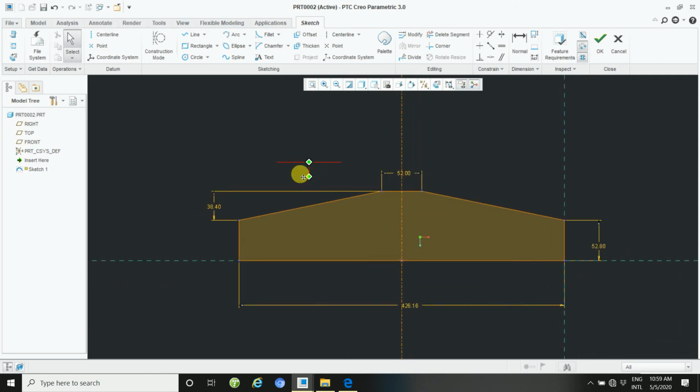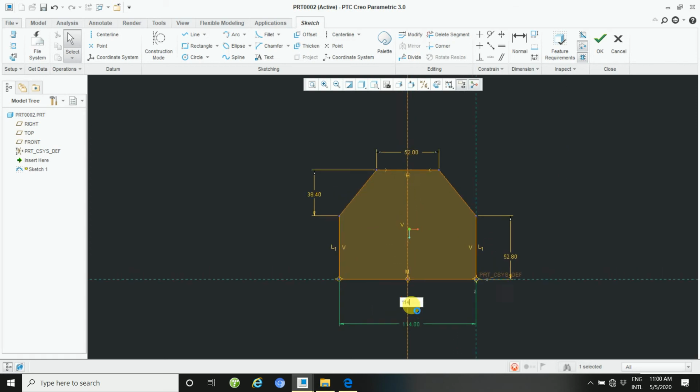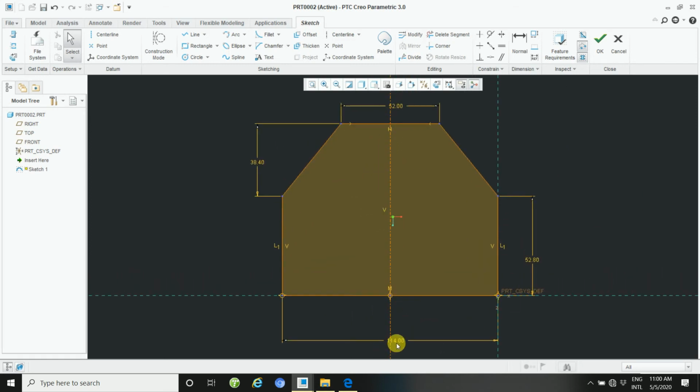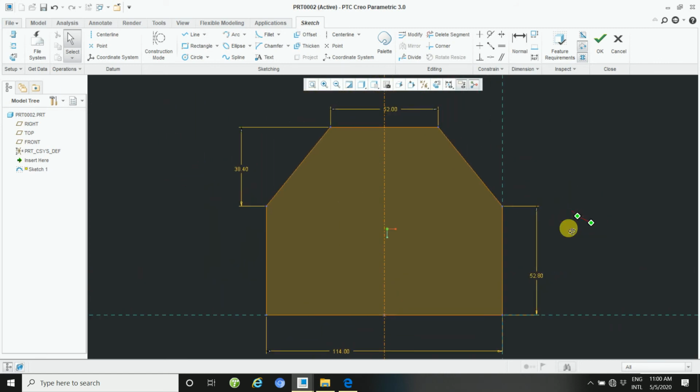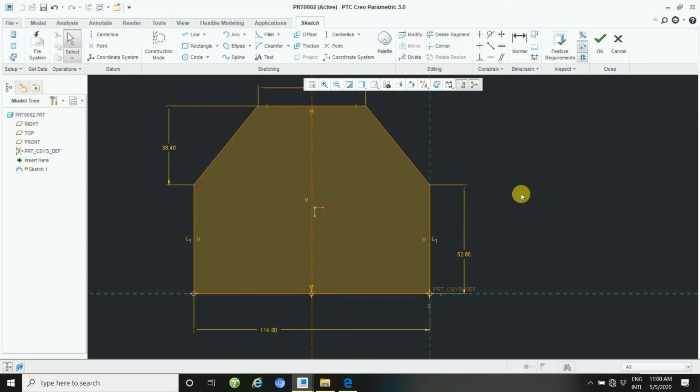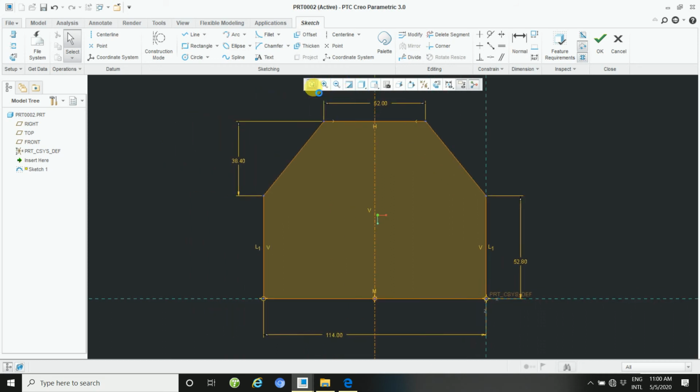And then the 52, and this dimension is 114. See this. And then shift plus mouse middle button and then move your object, otherwise resize this.